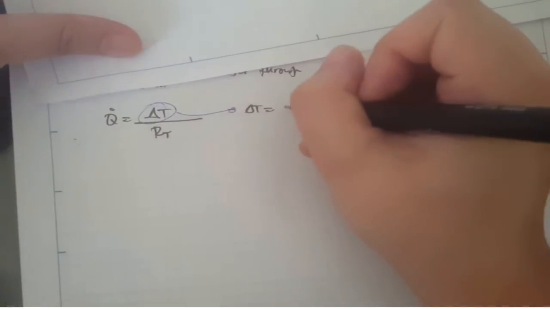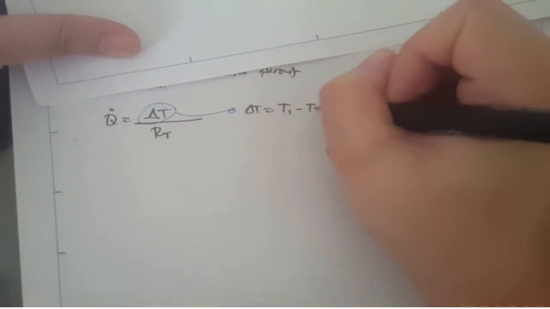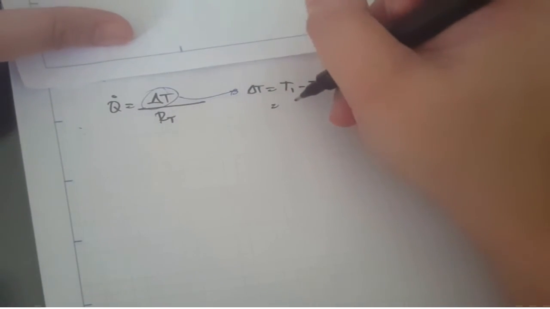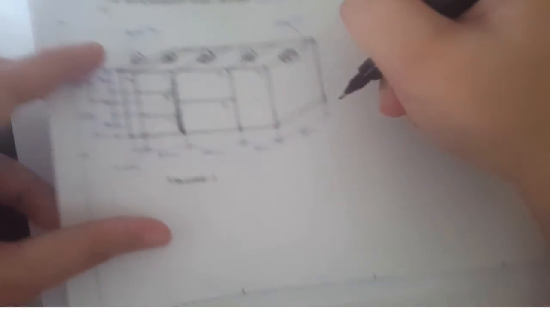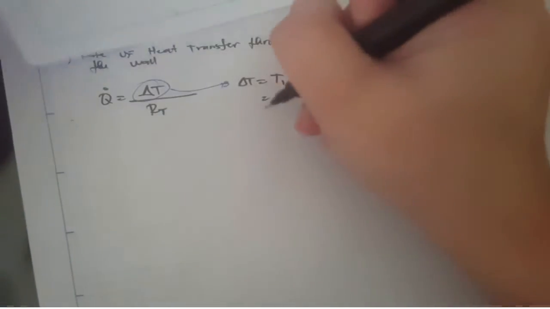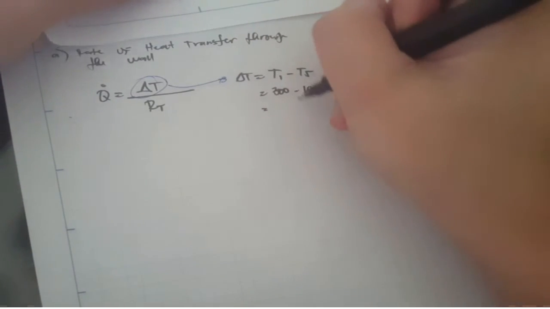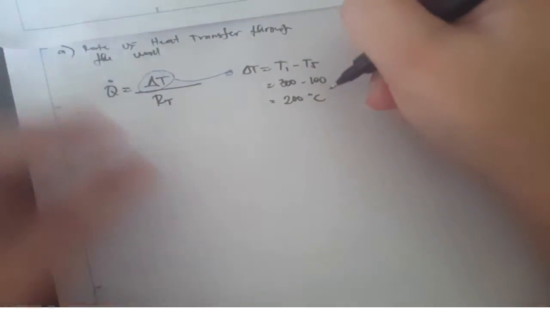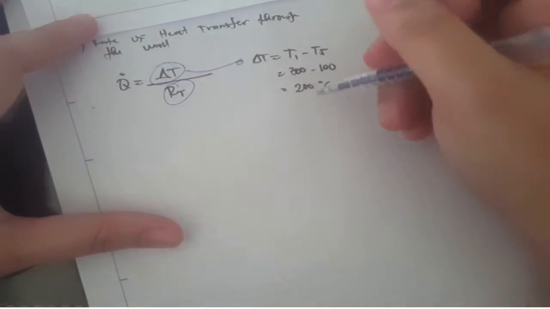So we have T1 minus T5, so we have 300 minus 100, and it is equal to 200 degrees C. Okay. While our total R